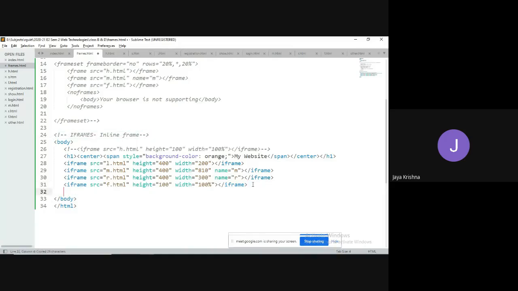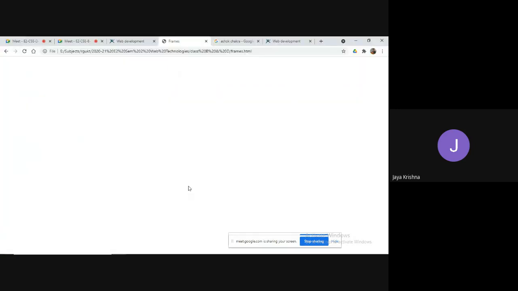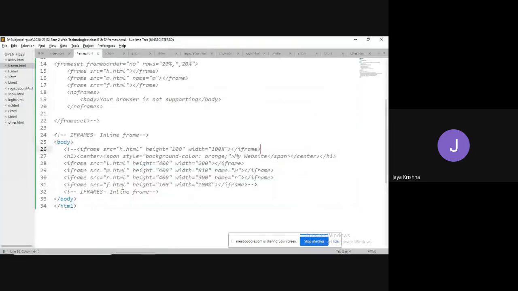Next concept, the div tag. I made the website empty.